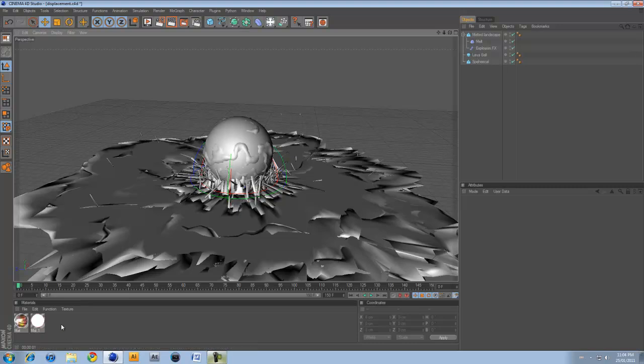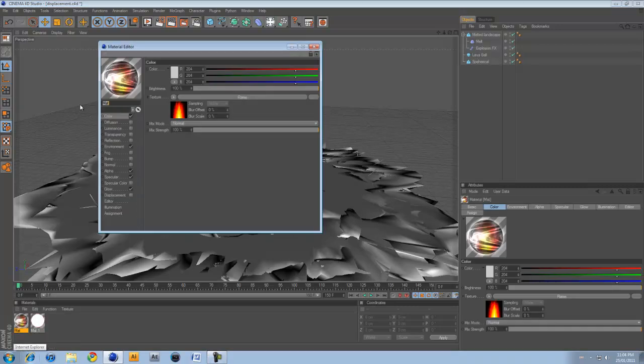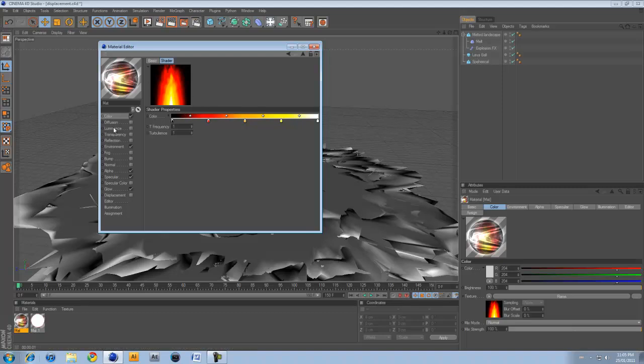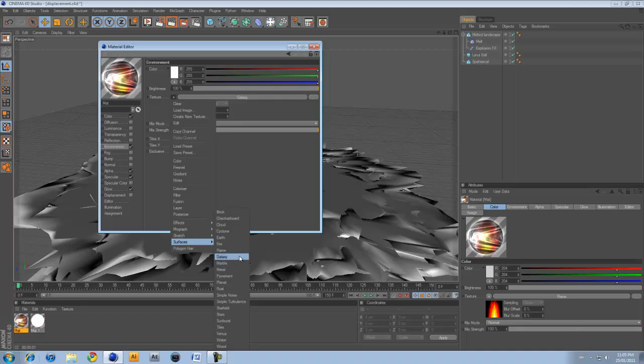Alright, so double click in the materials thing or File, New Material, and create a new texture. Double click on it to edit it, and under the Color tab, under Texture, go down to Surfaces and pick Flame. That should be good. And then click Environment, do the same thing, Texture, Surfaces, except this time click Galaxy,